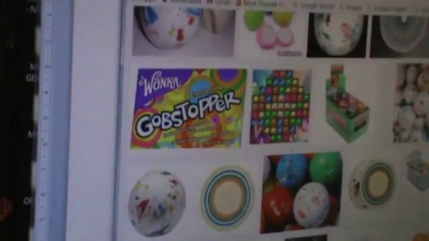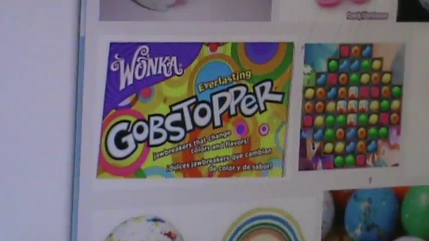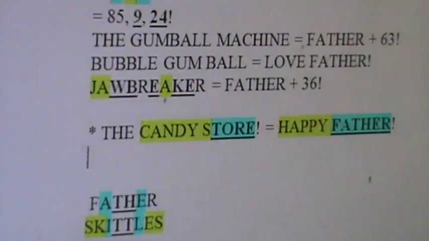But I'm here to point out the math on Jawbreaker. That it flawlessly points to, oh yeah, Wonka is father. Well, well, well, look who just stepped up to bat. Willy Wonka and the Chocolate Factory. Wonka is perfect for father, and I never knew how to solve it until I got the father revelation.